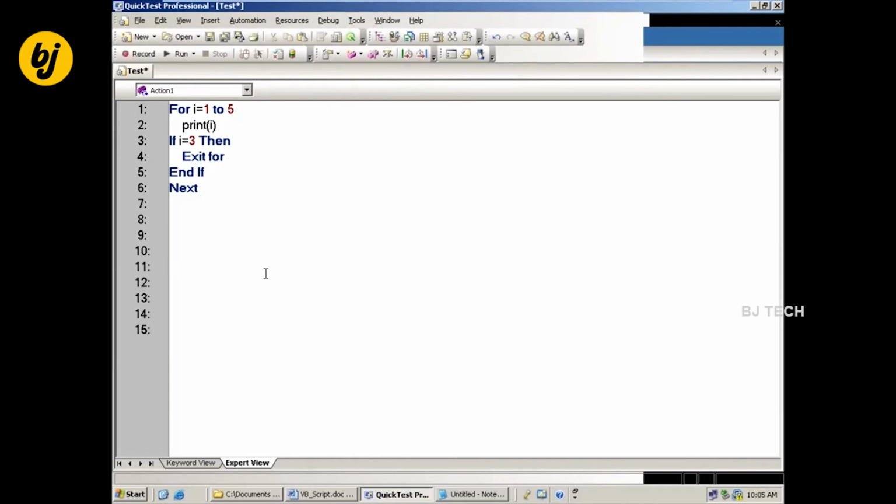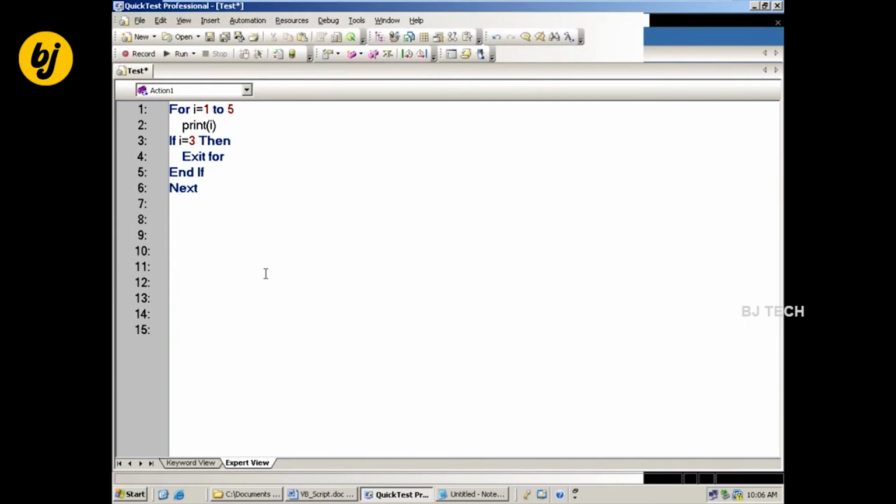Okay, so that's the iterative statements. Try to do these simple examples so that you won't get any confusion on the loop statement conditions. Later we have to use them at the application level. First get familiar with the syntax, then you can use it at the application level. We will write an if condition together with exit for.